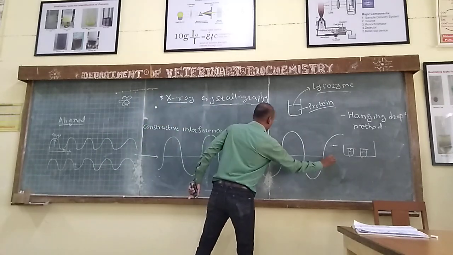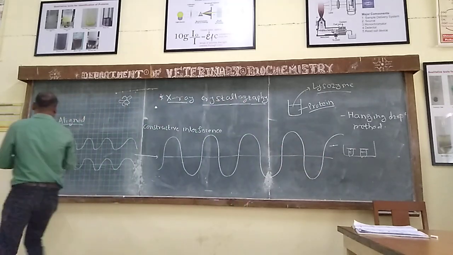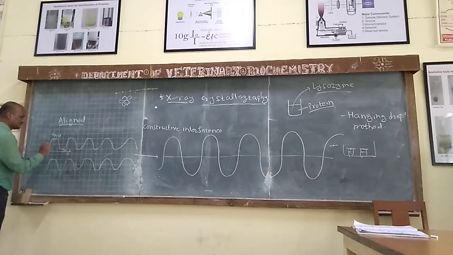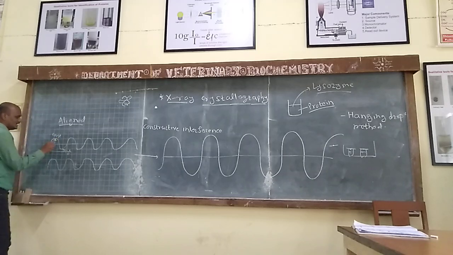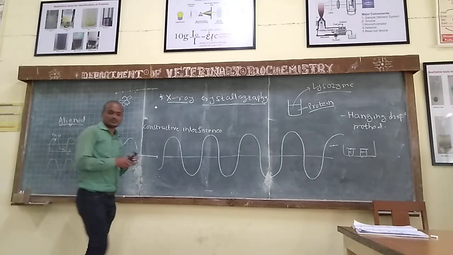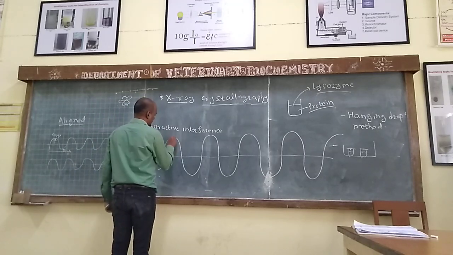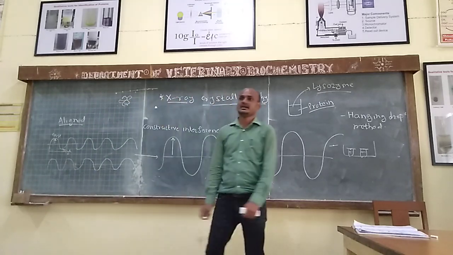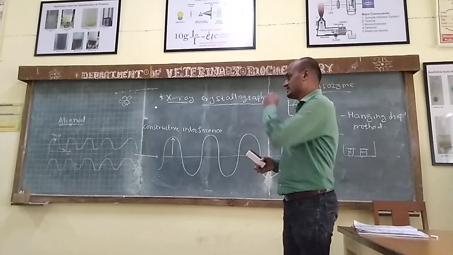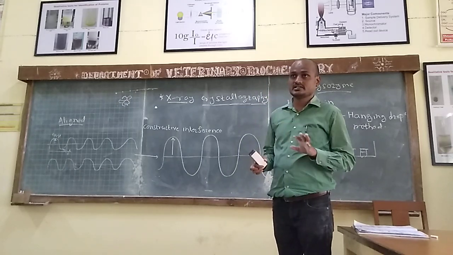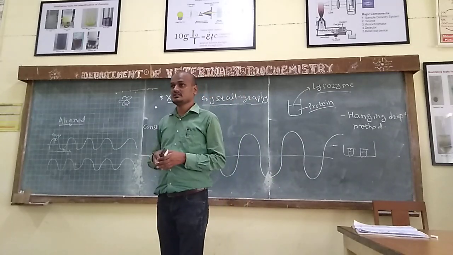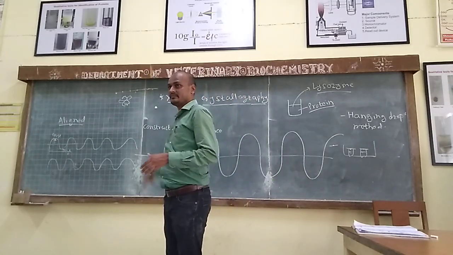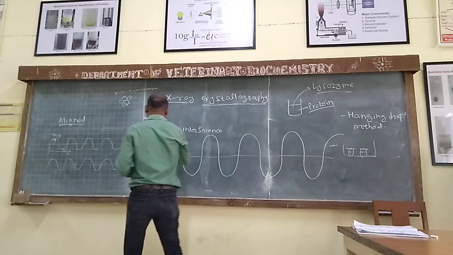If you pass a line through the midline of the wave and measure the distance from the midline, that is the amplitude of the wave. So here the amplitude of the wave has increased. That is constructive interference. Constructive interference means the wave amplitude is increased, it has increased in height. So this is constructive interference.